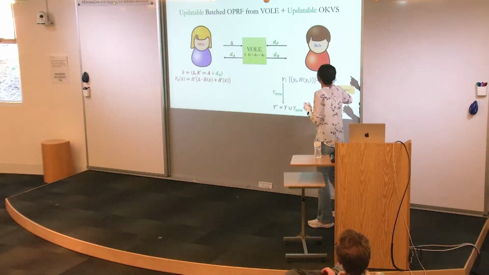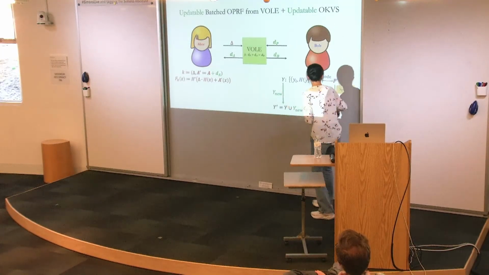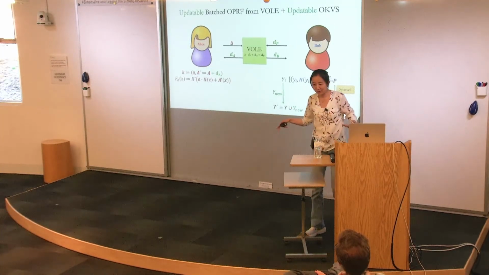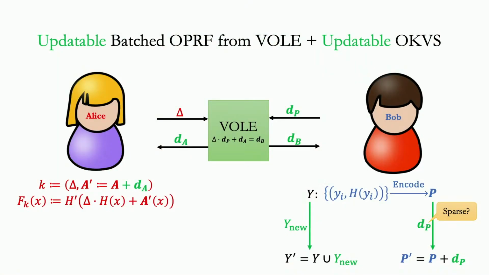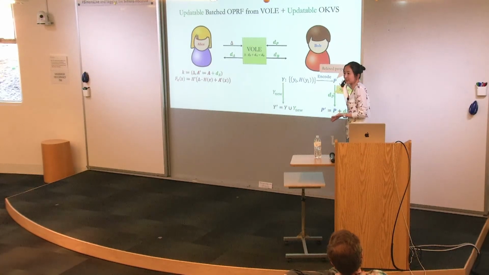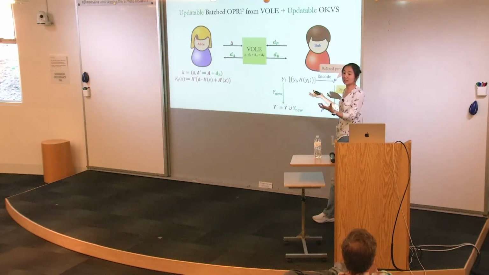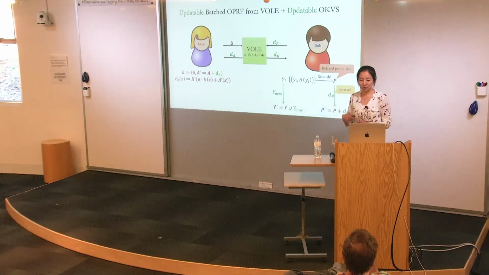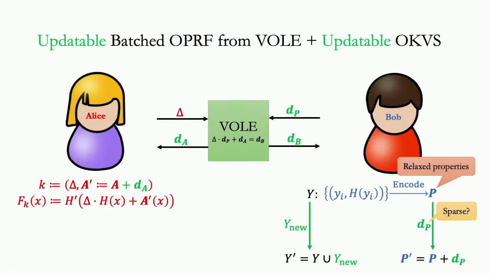Okay, so now the only remaining question is whether it's possible to achieve updatable OKVS. And we looked into the literature of OKVS constructions, and none of them are very updatable, unfortunately. So what we ended up doing is that we revisited the construction from OKVS, and turns out we can actually relax some of the properties from OKVS that's needed for PSI, which I don't have time to go into details. But after relaxation, we actually give some updatable, relaxed OKVS constructions with different trade-offs in terms of computation and